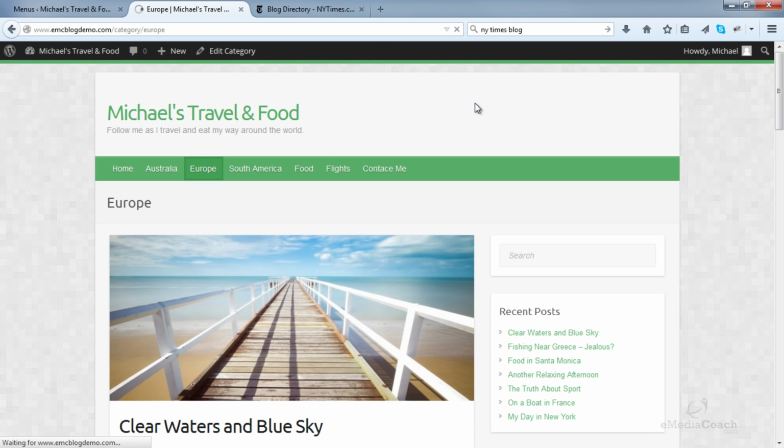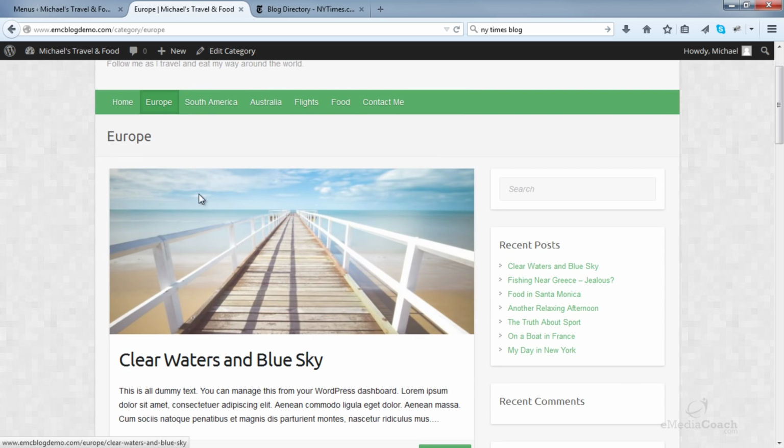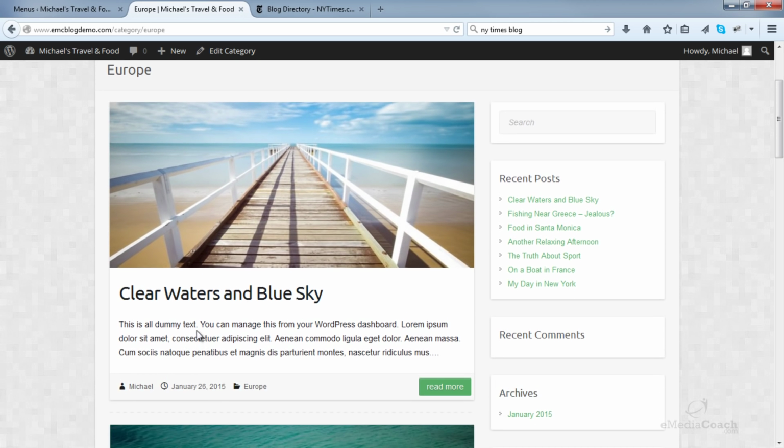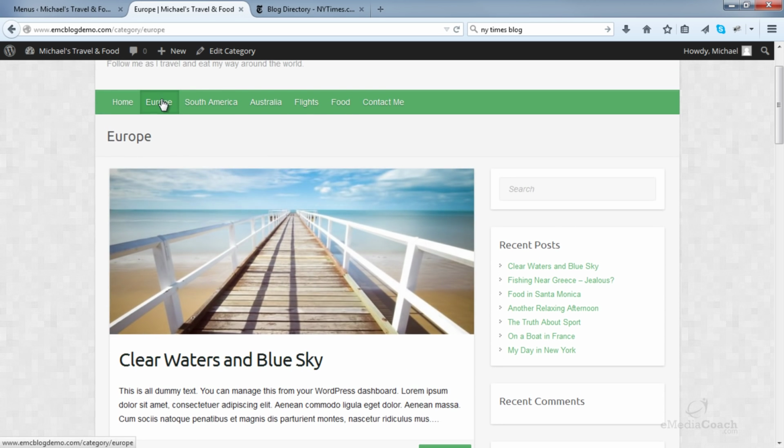When you refresh your site, that will take effect. I'm going to show you another really cool thing, how to add a drop-down menu. Say within the Europe category, I want to actually have a drop-down where when the user hovers over Europe, all the posts appear and they can click on one.